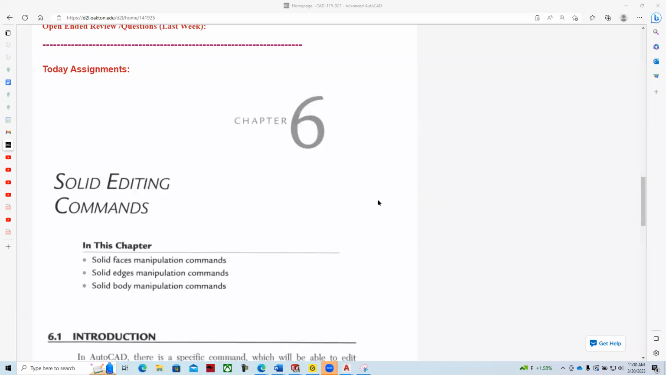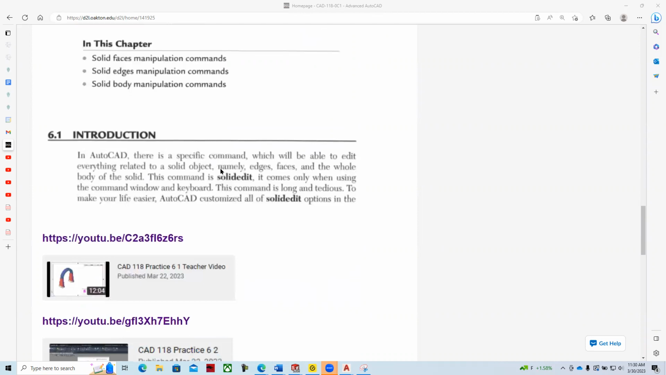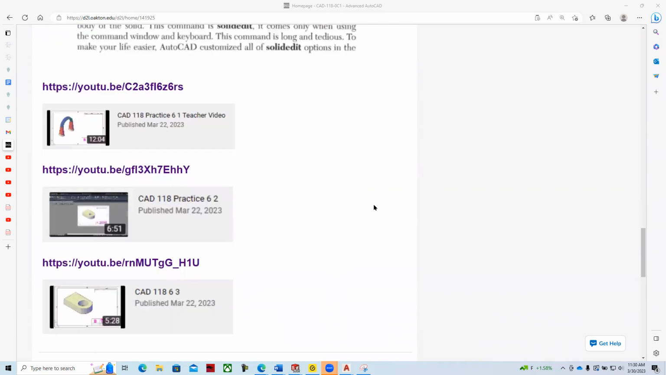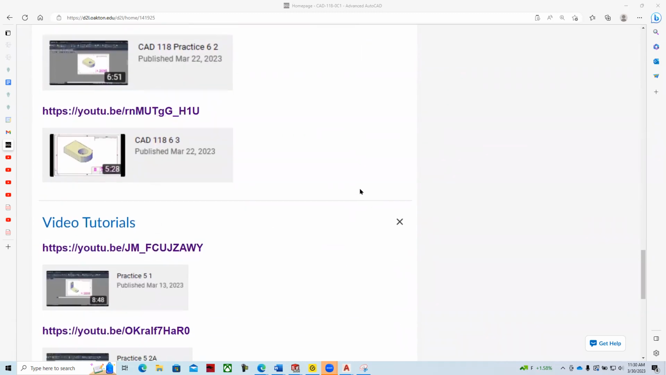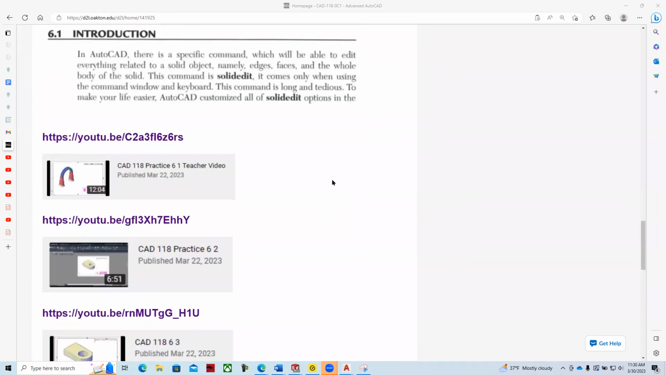As we look at Module 6, we're looking at solid editing commands, working with solid faces, solid edges, and solid body manipulation. And so we'll work with what they call sub-object editing to create these different components. We have 3 drawings required for Module 6, and then we have 3 bonus assignments that you can do. We've color-coded the assignments, and so if we take a look at this first video,